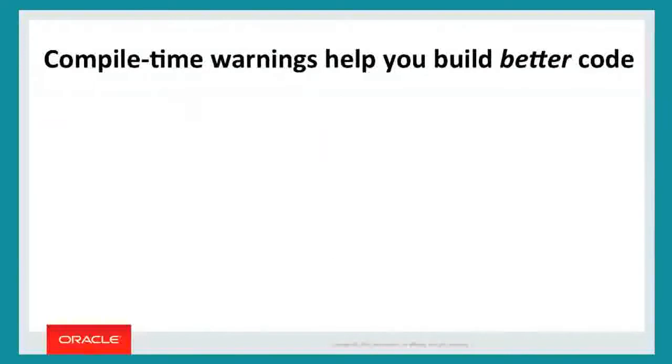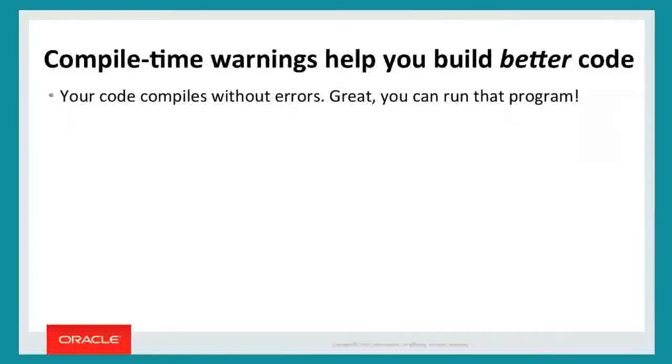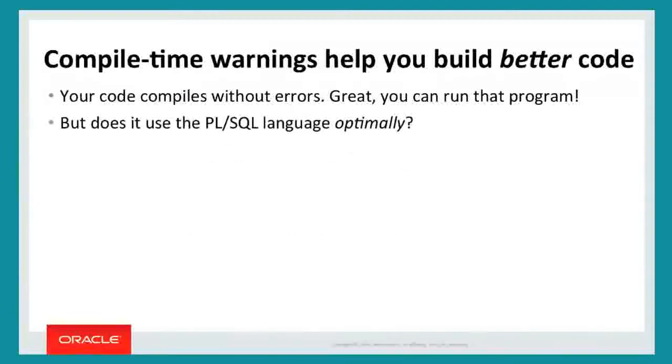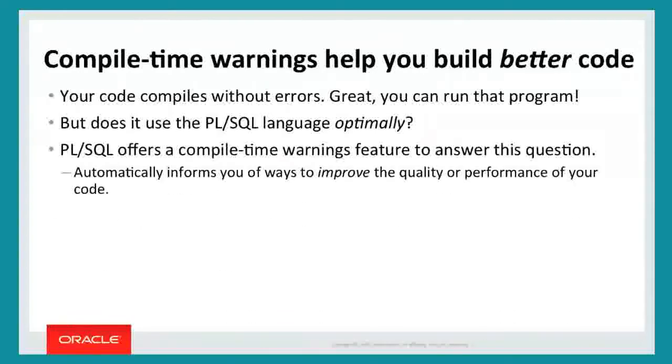And I've decided that with all my best practice talks, I'm going to start with compile time warnings because it's one of many things that are built into the PLSQL language, specifically the PLSQL compiler, that are not well used by developers but can have a really nice impact on your code. So the idea here is that the compiler mostly, and most importantly, compiles your code and makes sure that it doesn't have errors so you can run your code. But it has nothing to say about whether or not you're using the PLSQL language optimally, only that your code is syntactically correct and you're referencing objects that you have privileges to access.